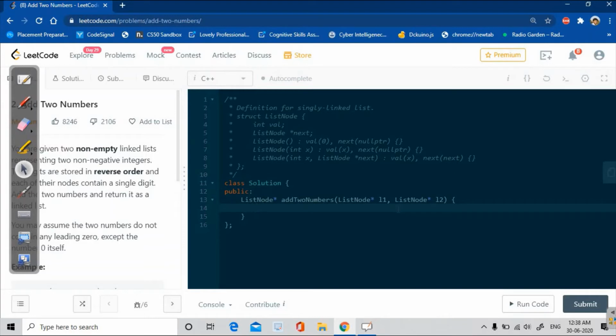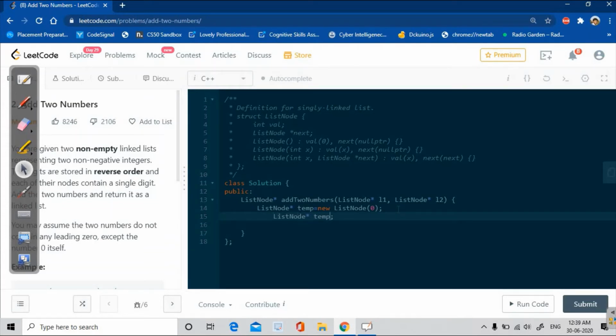So first of all, I have to create one dummy node which will be pointing to 0. I am creating this node just because I should know the address of the starting node while returning the base address. Otherwise there is no use of creating this node. I am keeping the name of this node as temp, and I will insert 0 in this, and I will also create one pointer node and point it to temp.